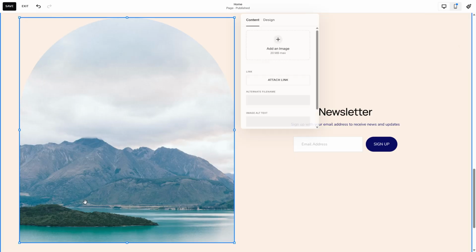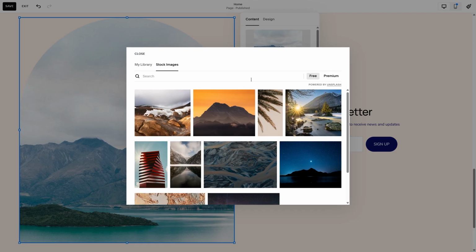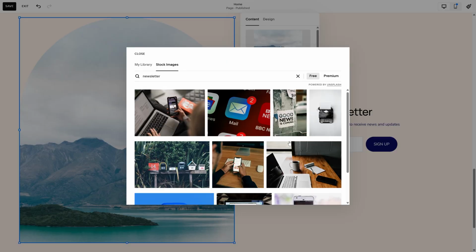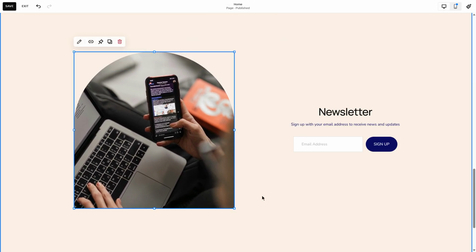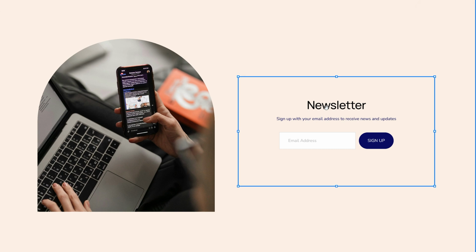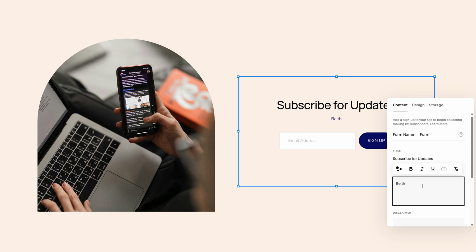You know the drill. Double-click the image, select Replace, and import an image from your computer or browse stock images. Spend the time to adjust the image. With that done, let's go ahead and change the form's text. Double-click on it and switch the title to something like Subscribe for Updates. I'll also change the description to something more interesting to potential customers, such as Be the first to know about